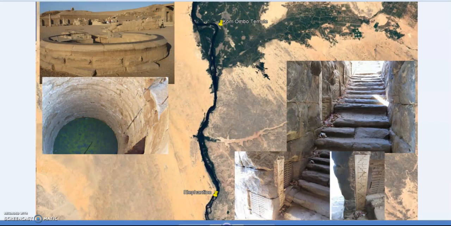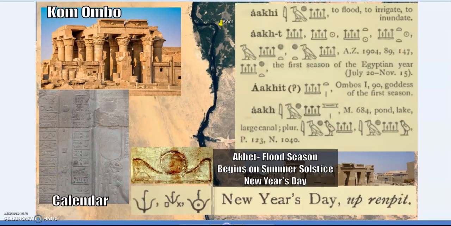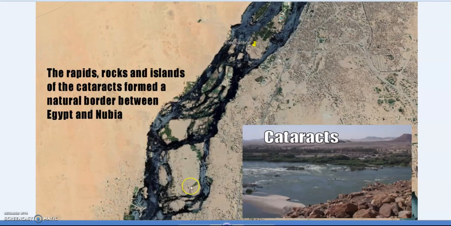Okay, Nilometers, the importance of the flood and the Nile. Akhet, Ombos, Kom Ombo, literally these places were dedicated to Nile and flood gods. Close up of Elephantine, again we see the actual cataracts, still there, a natural barrier for trade, the rapids, the rocks jutting out,